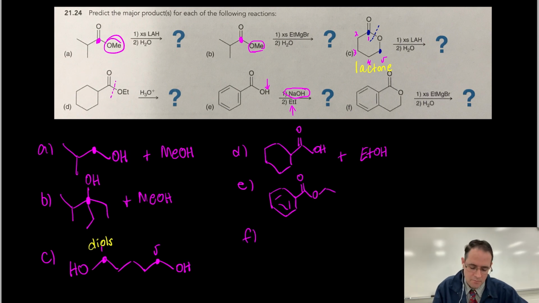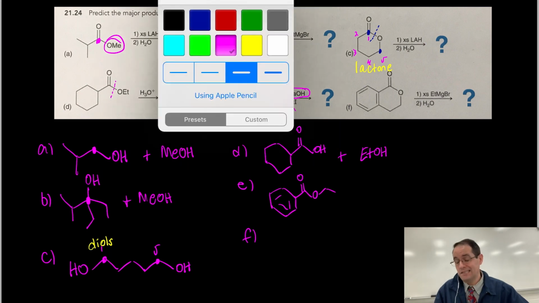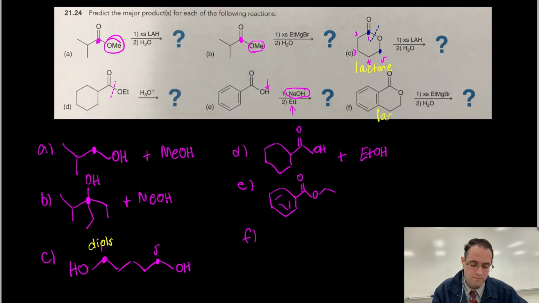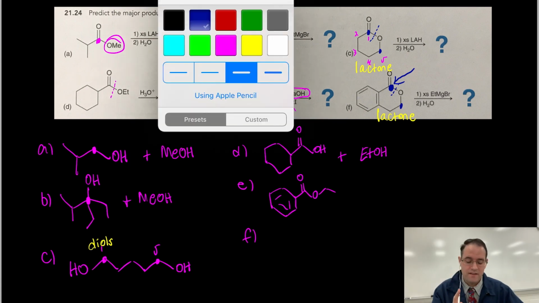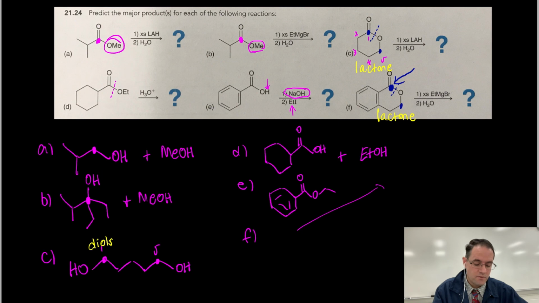Okay? In molecule F, we have a lactone. So watch out for those lactones. Okay? Lactones, when that ester bond gets destroyed, is going to make a diol, right? You're going to have a hydroxyl group on one carbon and a hydroxyl group on the other carbon. Now watch out, when you add ethyl magnesium bromide, remember that that's going to install not 1 but 2 ethyl groups on that top carbon. So what you get from this is the